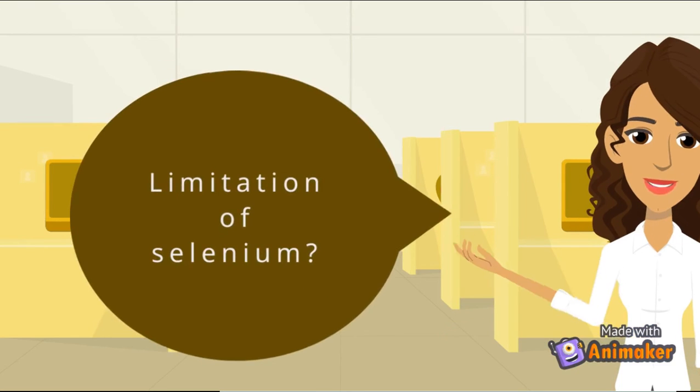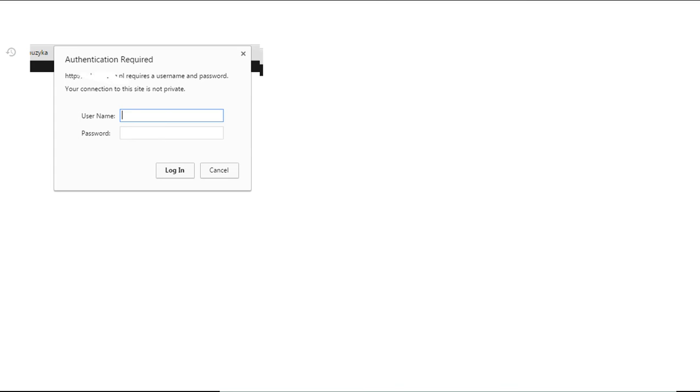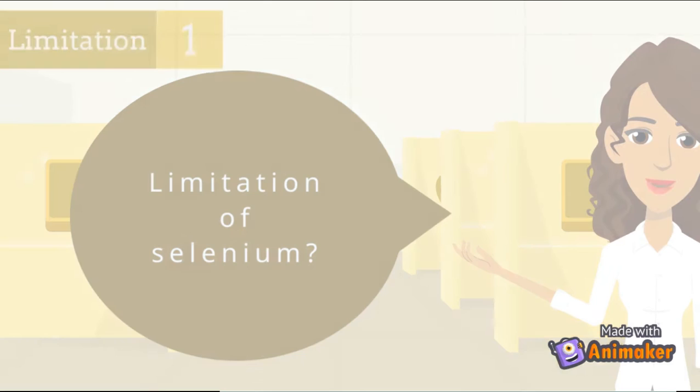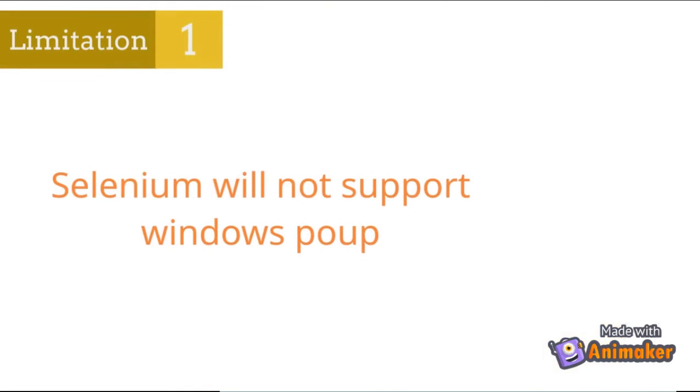The fourth question is limitations of Selenium. The first limitation is Selenium will not work on Windows pop-up. For example, in some situation you will come across like you have to handle file uploading pop-up, or a Windows authentication pop-up. So those situations, right, Selenium will not provide any default support to handle those things. So what you have to do is you have to use third-party libraries. For example, you can use AutoIT, Sikuli, or robot classes also you can use. So this is the first limitation.